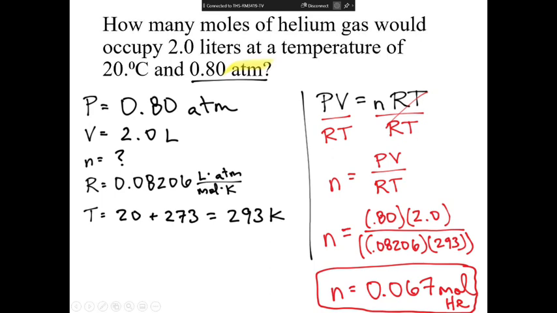And then if you're looking at questions like this and you're wondering, well, is that enough? I don't really know. That's a small number. Is that okay? Should I have got a big number? One thing that helps is to know that it's called the molar volume. So under standard conditions, if you have 1 mole of any gas, it's going to be about 22.4 liters. So 1 mole of gas, the particles are so far apart, that 1 mole of gas under standard conditions is about 22.4 liters. So then I can kind of compare my answer and say, okay, I've only got 2 liters,